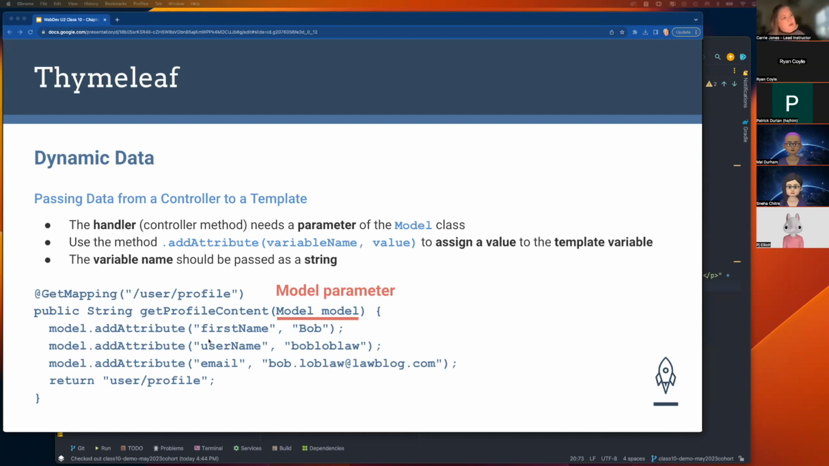And then we'll do another one. Say, I want this variable to be the username, and that's going to be Bob, blah, blah. And then on model.addAttribute, you do a third one. This is the email, bob.blahblah@blahblog.com. And I hope everybody gets that culture reference. Okay. And then we can just